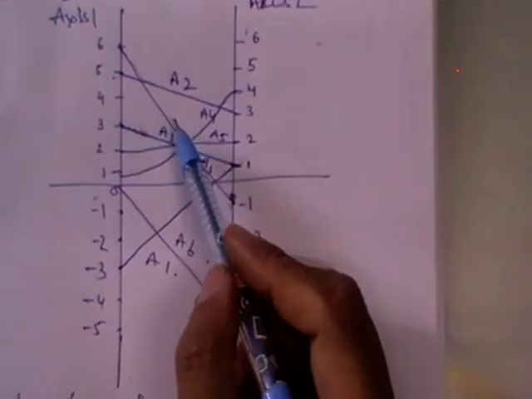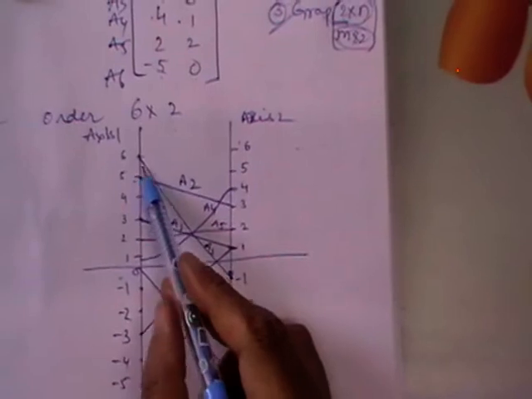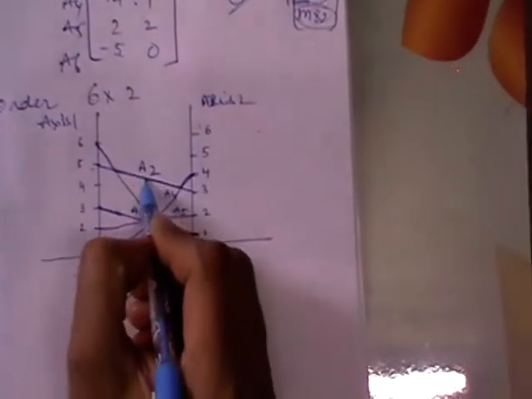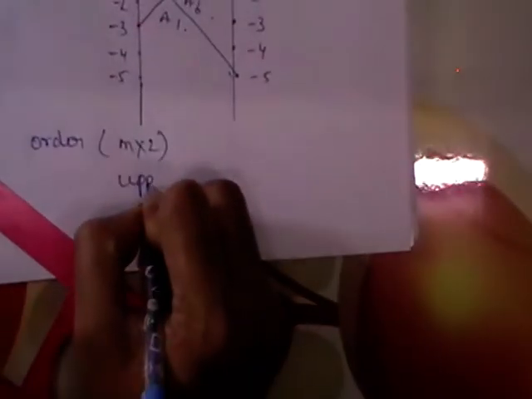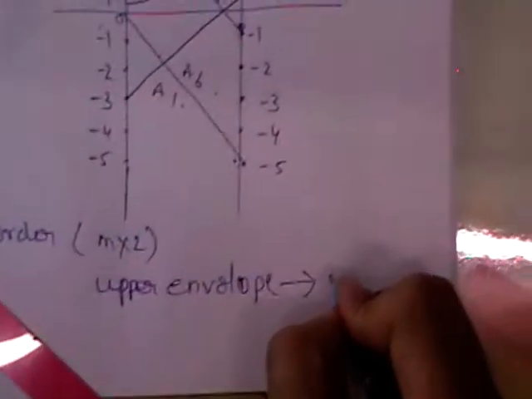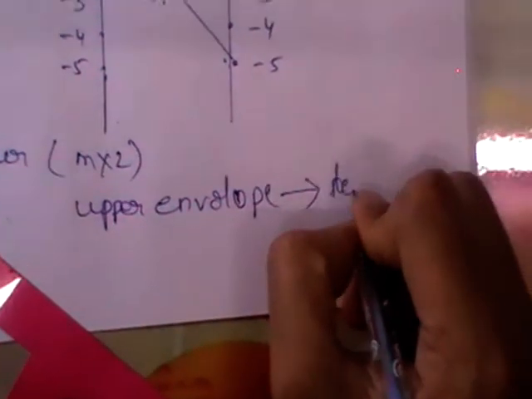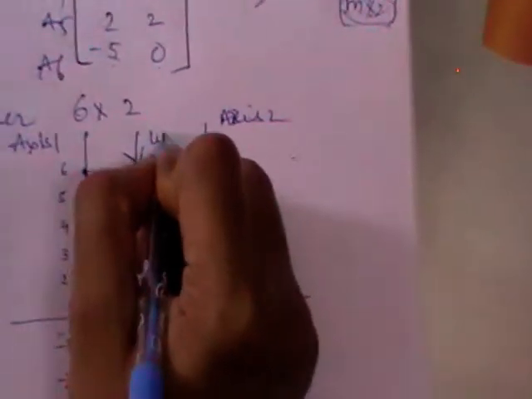Here we are going to consider the upper envelope with the least value. I think this is the upper envelope here, which means nothing but the upper part of this. You consider the upper envelope of the given region, and from this upper one you identify the minimum point, or the lowest point, from this region. This is nothing but the upper envelope.